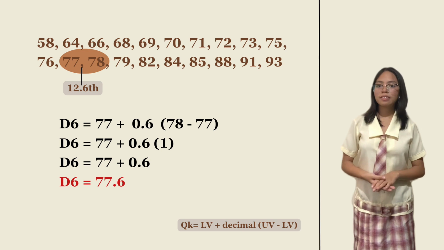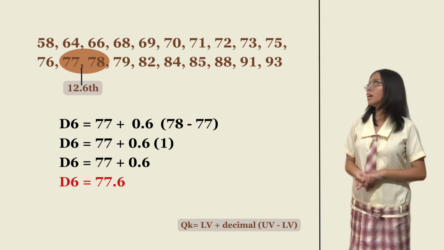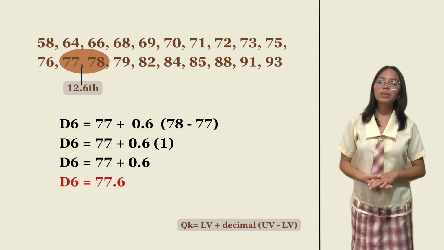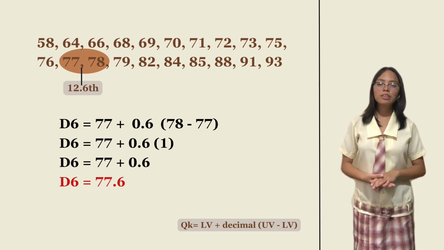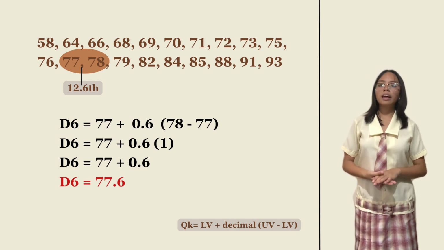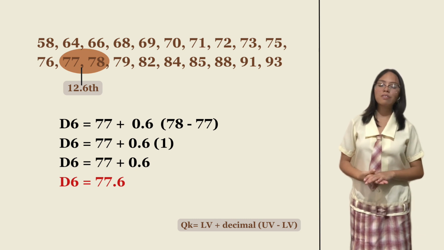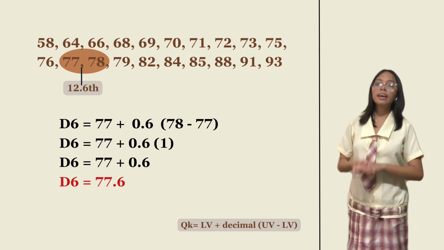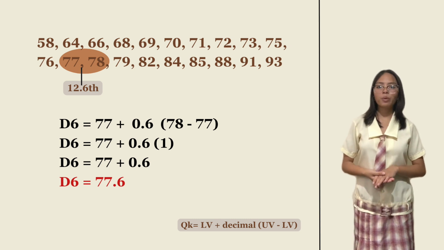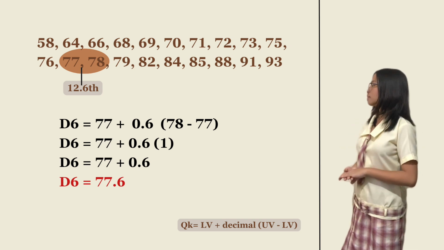Moving on to the 6th decile. Decile 6 lies in between the 12th and the 13th data. So we have decile 6 is equal to 77 plus 0.6 times 78 minus 77. 78 minus 77 is 1. And times 0.6, we get 0.6. So 77 plus 0.6 is 77.6. Therefore, the value of the position 12.6 is 77.6. So our decile 6 is